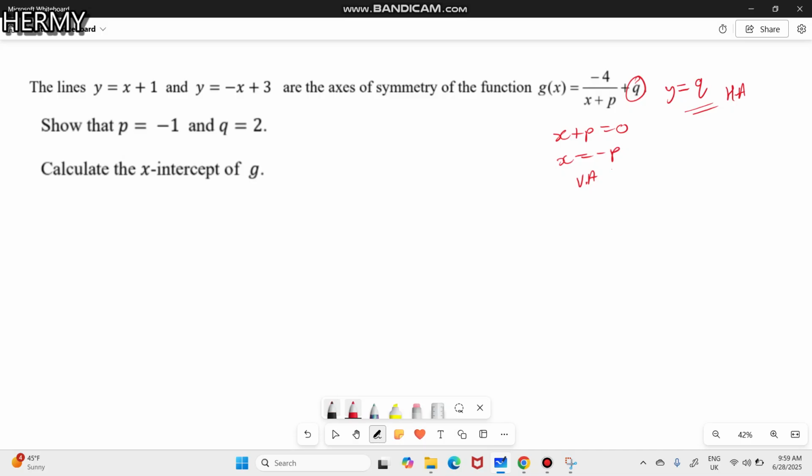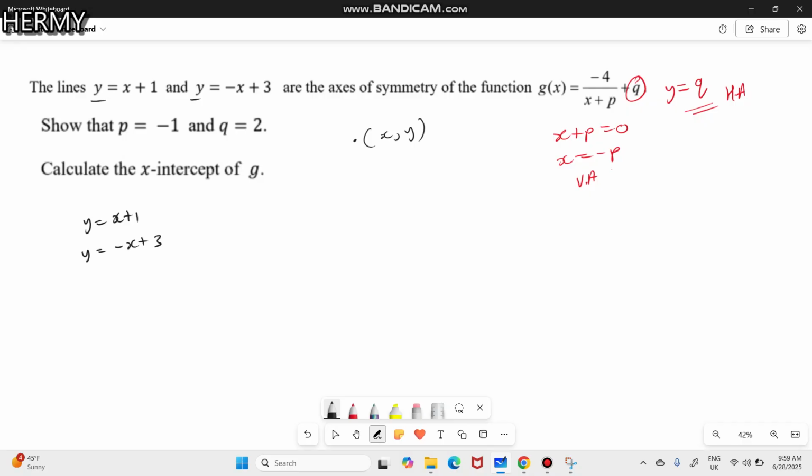So let's start with this equation. They said those two lines are axes of symmetry. It means where they intersect, they have a point. So they will have x and y where they intersect. So let's find that intersection. So remember, you have y equals x plus 1 and also y equals negative x plus